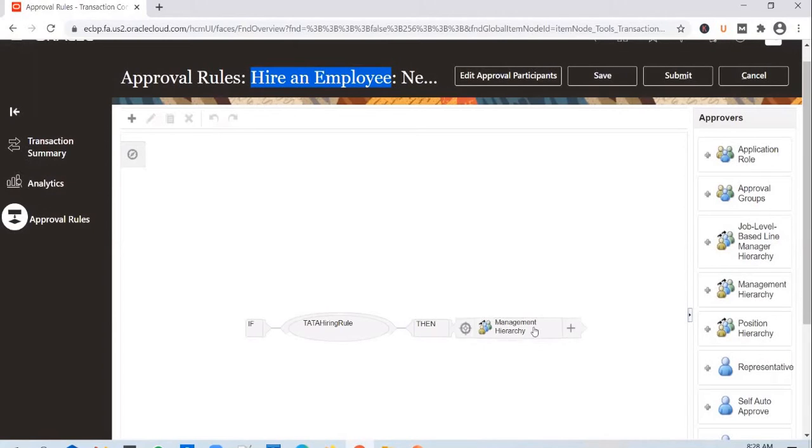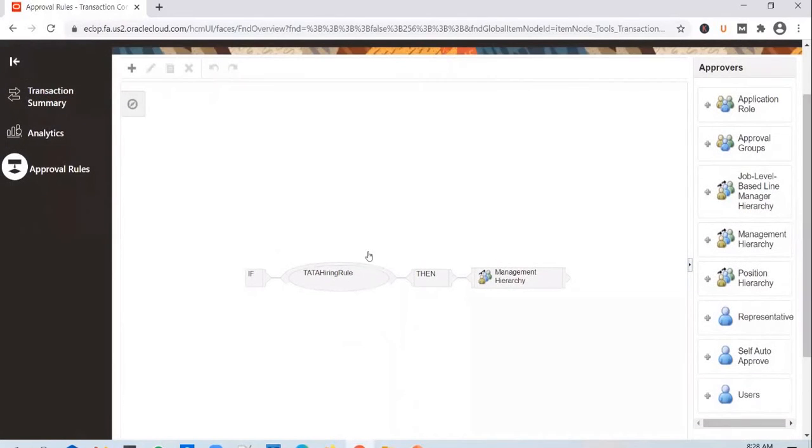Whom should the transaction go to for approval? Whether it is a job, employee, invoice, or journal, it doesn't matter. In this section, you have 7 options to use, and you need not use just one of them at a time. You can use any combination of these approvers in the branch. It can be a combination of user, risk management, hierarchy, or other options. I'll talk about these approvers in a moment.